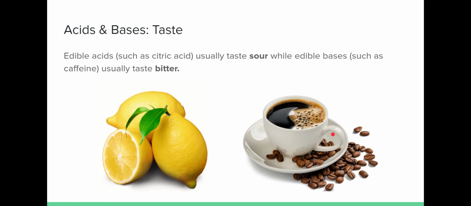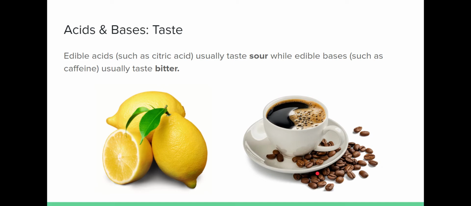Some properties that make acids and bases different, well, first of all, our sense of taste. Some acids are edible and some bases are also edible. Edible acids such as citric acid are going to taste very sour. So typically when acids are weak acids that are safe to eat, they're going to have more of a sour taste. But bases such as caffeine typically have more of a bitter taste, and coffee is probably one of the best